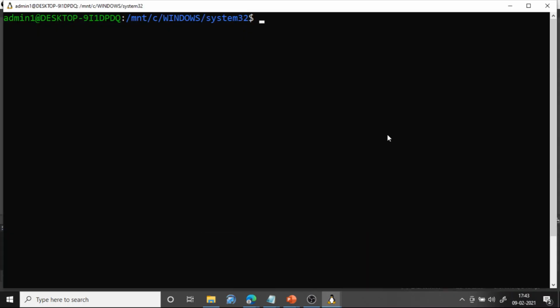One window got opened. Let me do cd backslash. I have already written the code. Let me check where it is. ls.